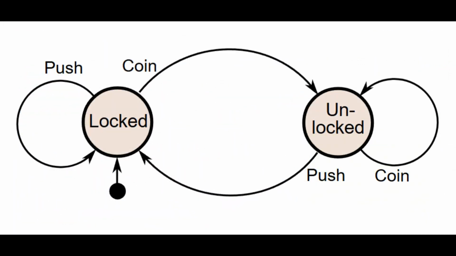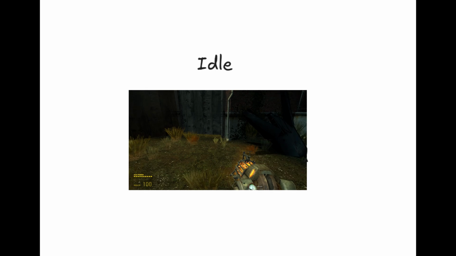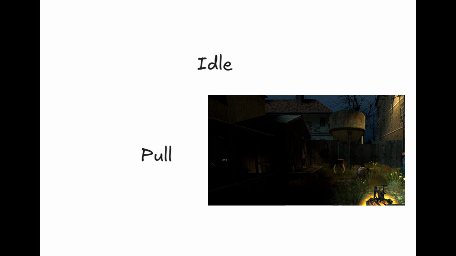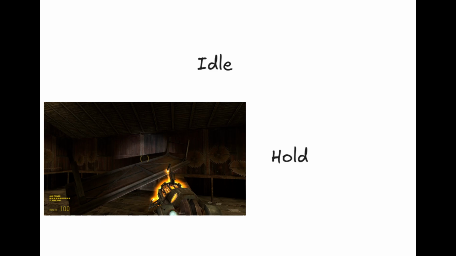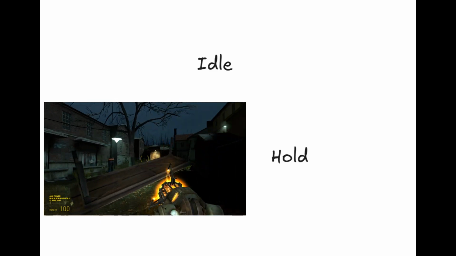If you are not familiar with finite state machines, I won't go into the details here, but to summarize, a finite state machine has a fixed set of states, and the machine can transition from one state to another via an input. Our state machine for the gravity gun contains 3 states: idle, pull, and hold. Idle is, unsurprisingly, when the gravity gun does nothing. Pull is when the gravity gun is pulling the aimed objects towards itself. And hold is when the gravity gun is actively holding an object.